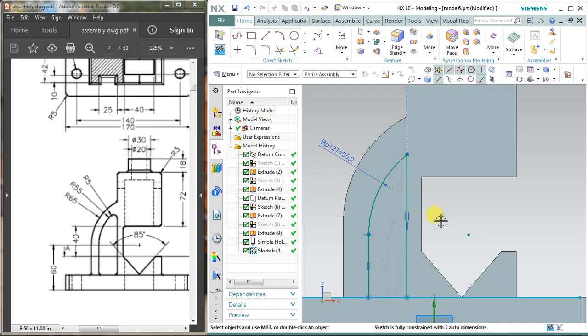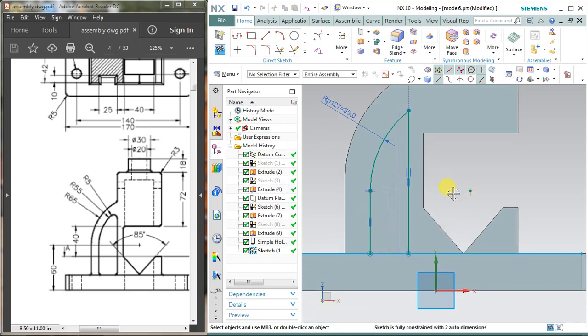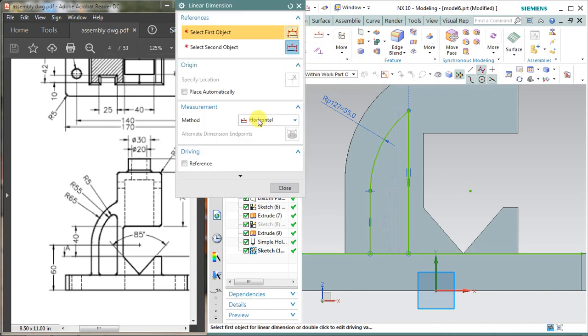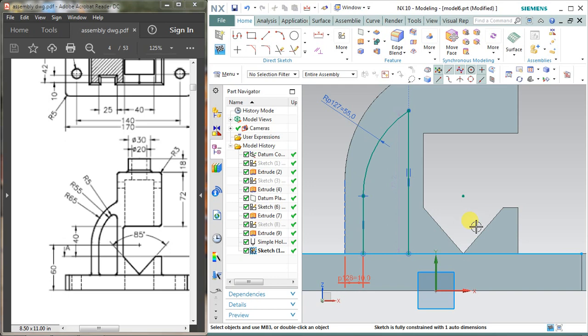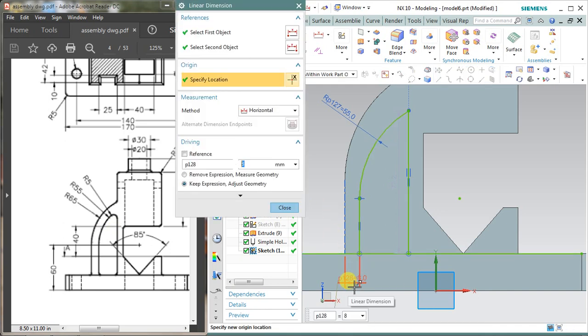Okay, it works. And the sketch is fully constrained with auto dimension. Select again linear dimension, choose horizontal from this, select this portion, and it is about 10 mm. You can take this dimension on your own because it is not given in this sketch. So I am taking it 8. Okay.